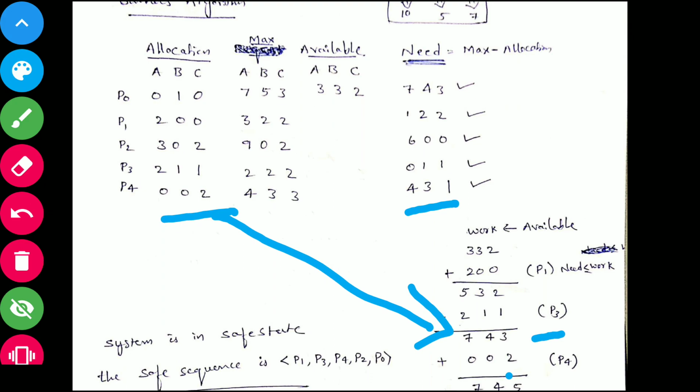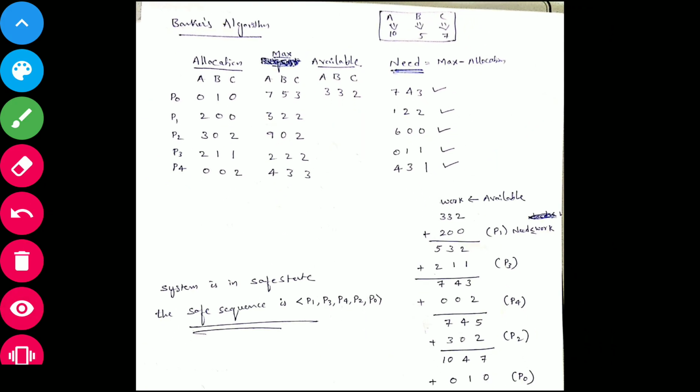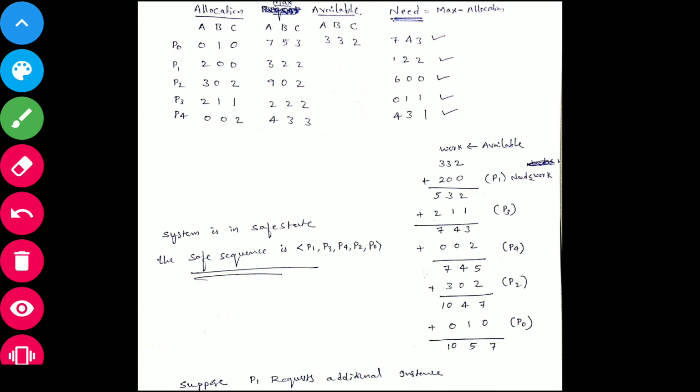Then we have 745. Like that, now p4 is over. So after p4 we have 745.